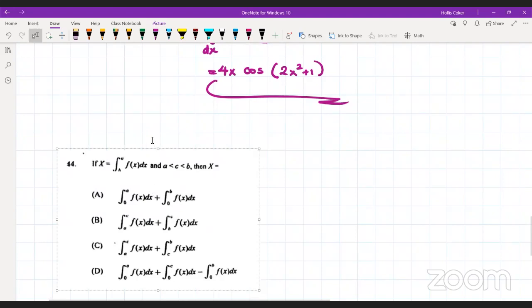Now, do you want to integrate the definite integral of f of x dx from where a is less than c less than b, but you're going from